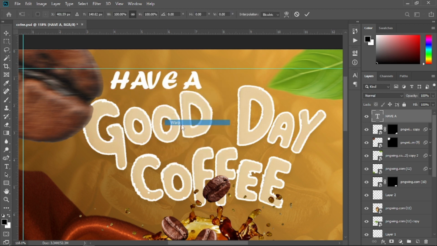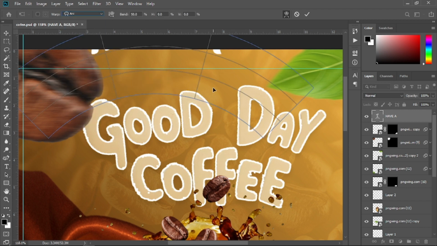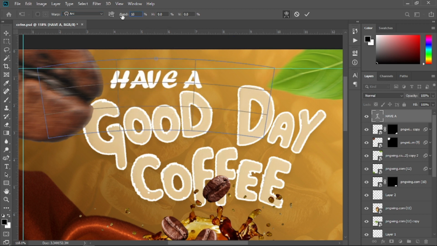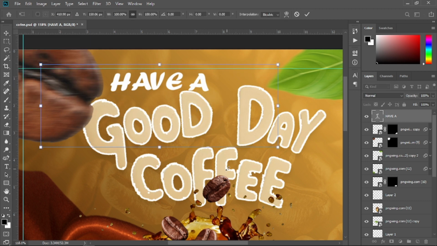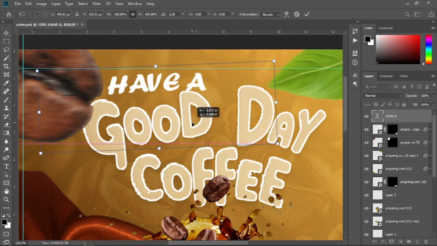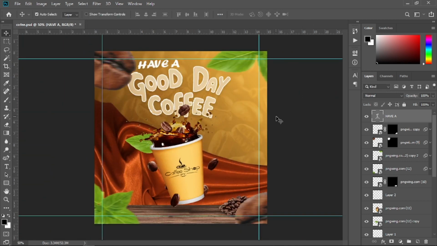Control T and choose warp, and I'm going to choose this option and warp, and I'm going to choose arc, and I'm going to bend it like 10% maybe. Okay, and place it right here and select OK. Control T and rotate it a little bit like so. Alright,